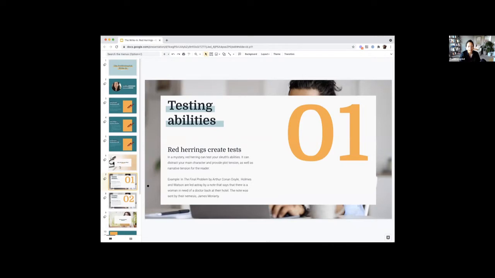Red herrings in this instance can also distract your main character and provide plot tension, which in turn, of course, creates narrative tension for the reader. So an example of this is in The Final Problem by Sir Arthur Conan Doyle. In this, Holmes and Watson are led astray by a note that says there is a woman in need of a doctor back at the hotel. It causes them to go to her rescue, only to find out that that note was actually sent by their nemesis, Moriarty. And again, it's creating this test of like, will these characters figure out what's happening before it's too late, right? Will they be sent on this quest that's going to lead them right into the villain's